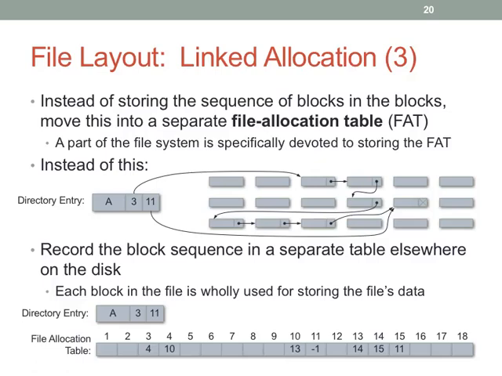The nice thing is now each file block, each data block, only has to hold file data. It doesn't have to say what comes next. Okay, so we've actually factored out the details into a separate location. And so that's what is meant by a file allocation table. You'll have a special value to say this is the end of a file. You'll have another special value which says this block is available, so that you can easily use this as your free space map as well. You can use the file allocation table to tell what is not allocated.